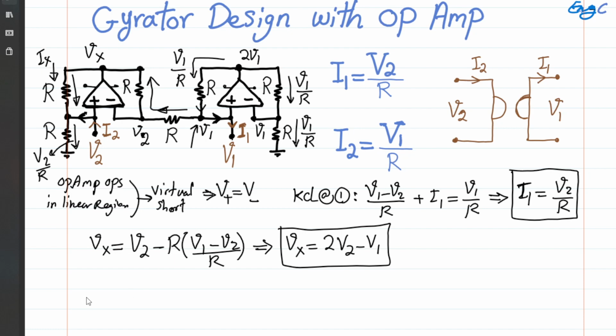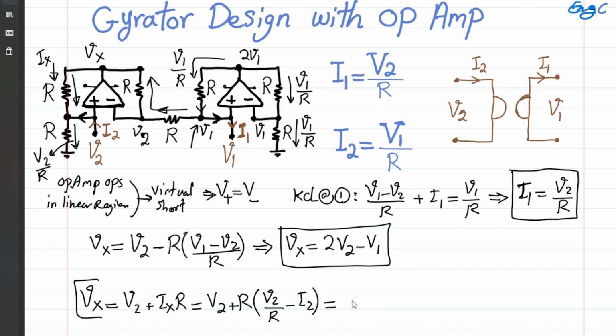Let's just write what we're gonna get. So I'm gonna say Vx at the same time is equal to, obviously, V2 plus Ix times R. But I'm going to substitute for Ix, knowing that Ix is simply V2 over R minus I2 by looking at a KCL here. Okay, so what is the conclusion here? Well, simplify this, and remember, I'm just rewriting Vx. So I'm getting this outcome, 2 times V2 minus R times I2. Very interesting. So name this equation B,